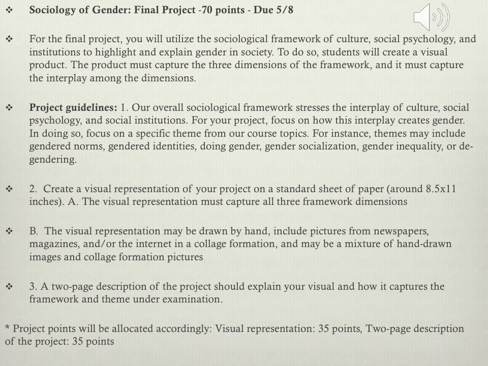Hi everyone. For our last class presentation, what I'll be doing today is briefly touching on our final project. So I'll walk through the guidelines with you and then turn our attention to some advice on how to approach the project. And then I have a few examples of past visuals to give you an idea of what they look